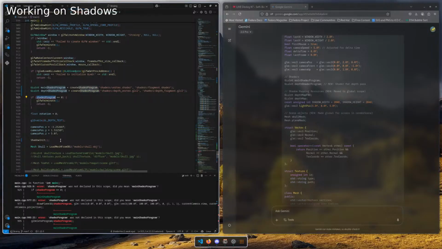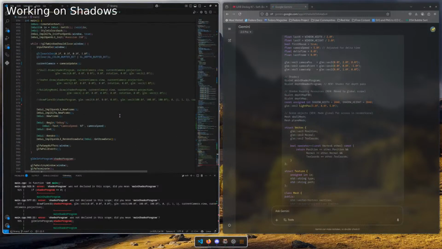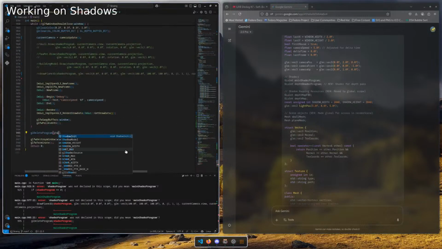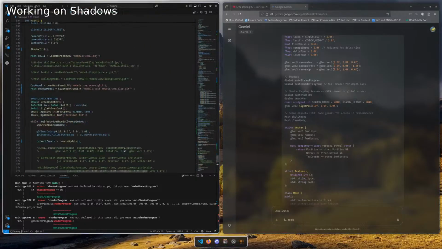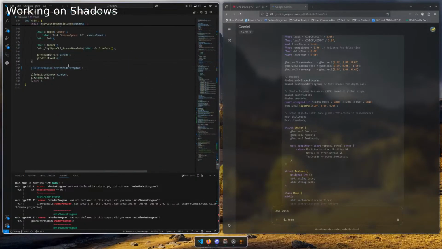Okay. Or if it really returns 0. Oh, there are two, and the main shader will delete main shader program. No, okay.